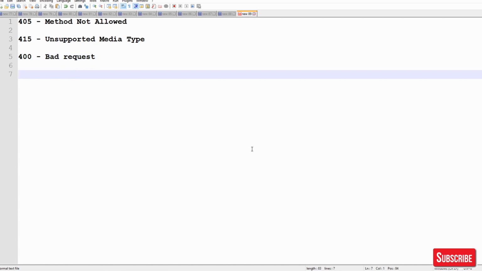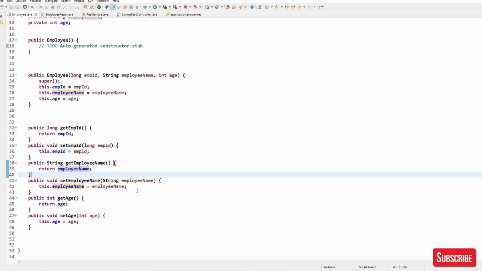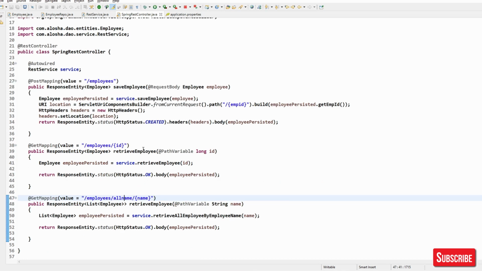Now whatever I am showing you right now is the default behavior of Spring Boot. Now there could be another possibility. Let's say in your controller class, this is your controller, this is ID, but let's change this value name to employee ID.